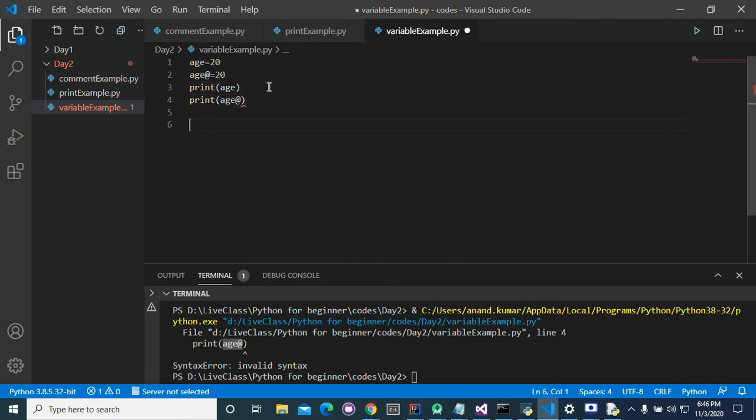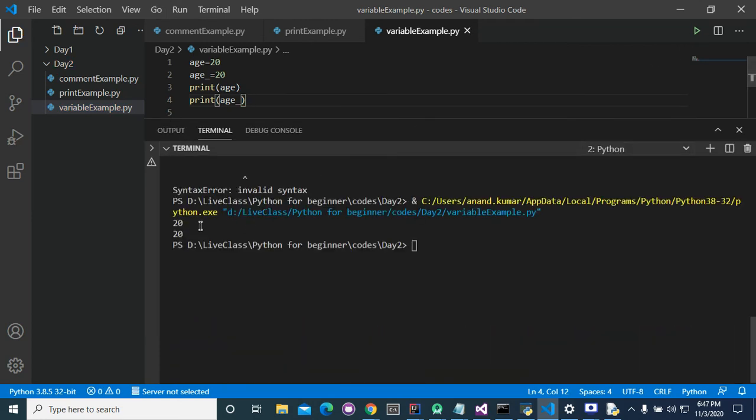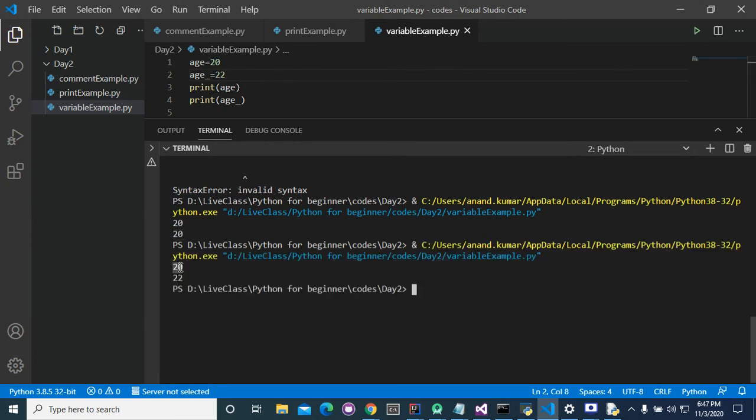Only one special character is allowed, and that is underscore. If you write age_ = 20, it will not give any error. It prints 20 for the first and 20 for the second. Let's change this value to 22. The first result is 20 and the second is 22.